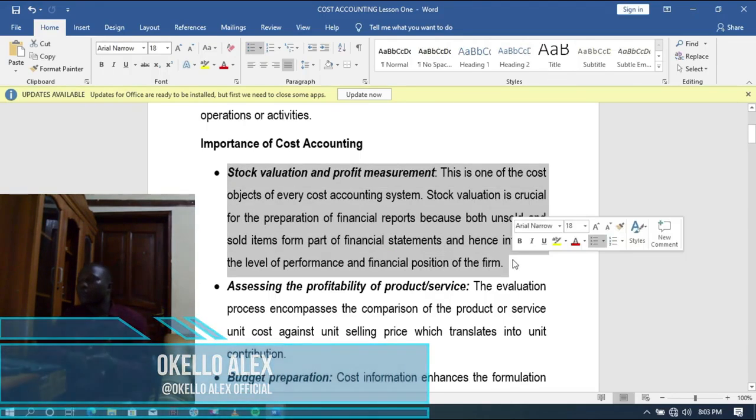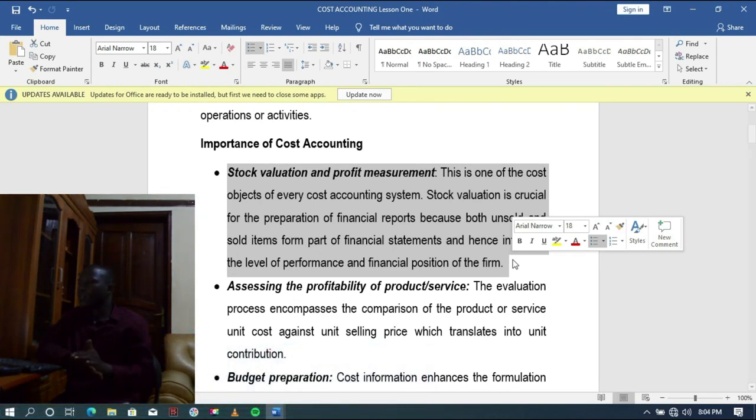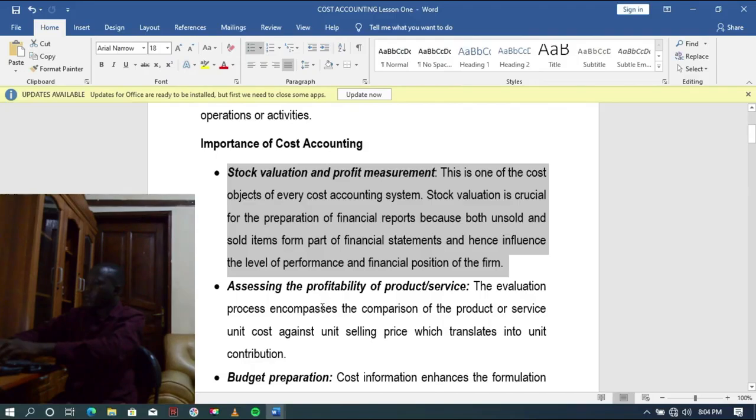So one is stock valuation and profit measurement. Cost accounting helps us in stock valuation and profit measurement, particularly when it comes to preparation of financial statements, for example, the statement of financial performance and financial position. We have the opening stock as well as the closing stock. So it is crucial for preparation of financial reports because both the unsold items and the sold items form part of these financial statements. Then it can also be used in assessing the profitability of a product, given that we know